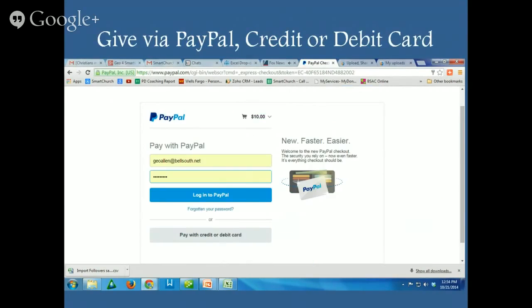amount. Once they click on give, it takes them to PayPal. That's what we use on the back end, and they can log in via PayPal and give that way, or they can click down below, pay with credit card or debit card, and they can put in their particular information